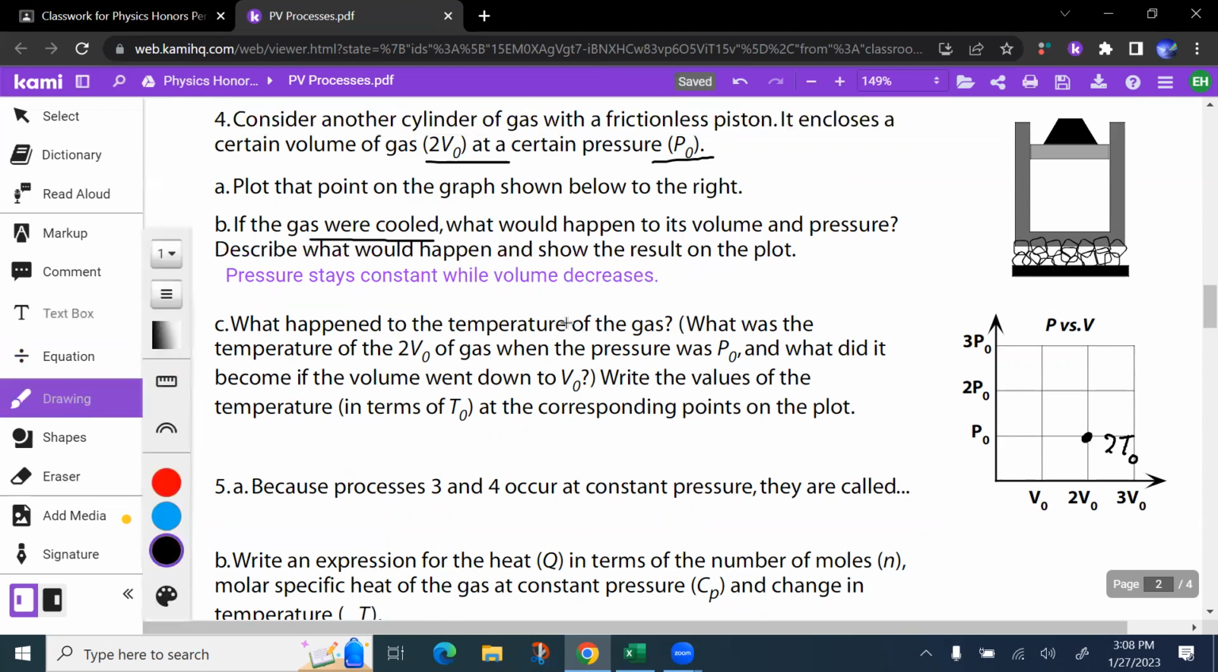Okay, so now what happens to the temperature of the gas? Well, what was the temperature at 2 V naught? Well, we figured that out already. And now the volume goes down to V naught. Okay, so in other words,